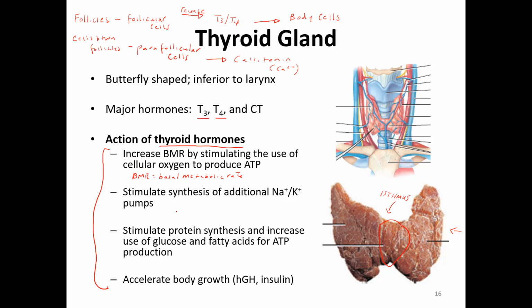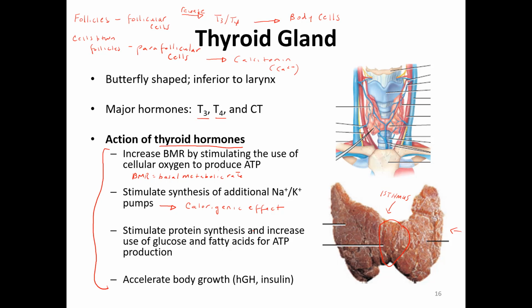As we increase the number of sodium-potassium pumps, heat is going to be given off as a byproduct of this activity. And we have a term for that, right? So as we have increased activity in the cell, generation of ATP, using that energy to make these sodium-potassium pumps, we're going to see a byproduct form from all that activity, and that byproduct is heat. And the production of heat in this manner is called the calorogenic effect. We could say that because of this, there's a role for thyroid gland when it comes to regulation of normal